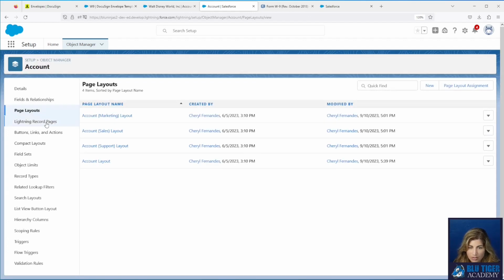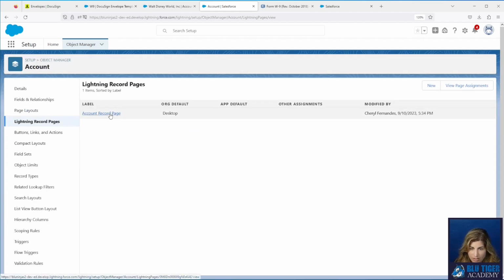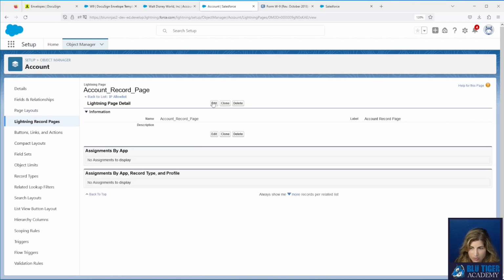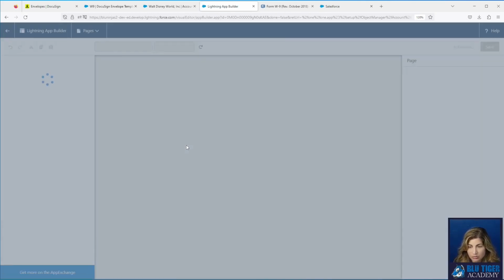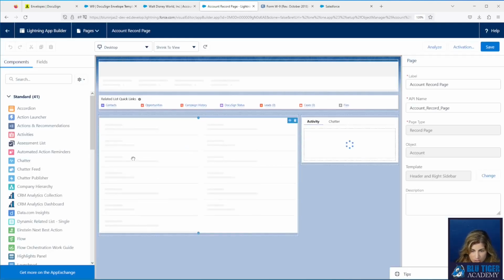And then another thing that we'll do is we will modify the account record page. We're going to add the DocuSign envelope lightning component to our page. This will give you the ability to void documents from Salesforce or correct envelopes right from Salesforce. You won't have to go into DocuSign to do those 2 actions, which is nice.